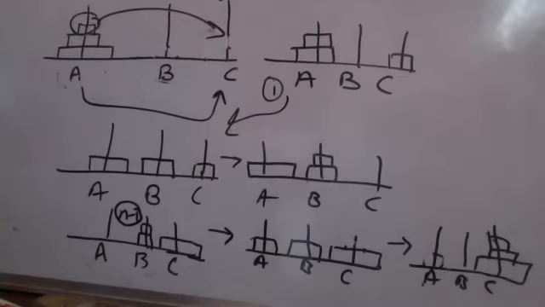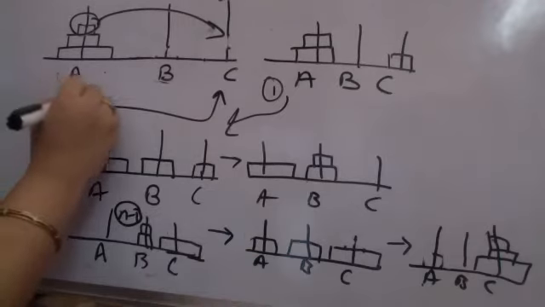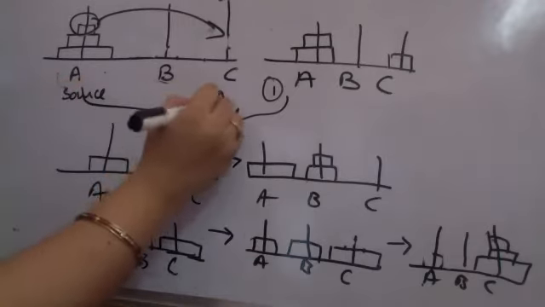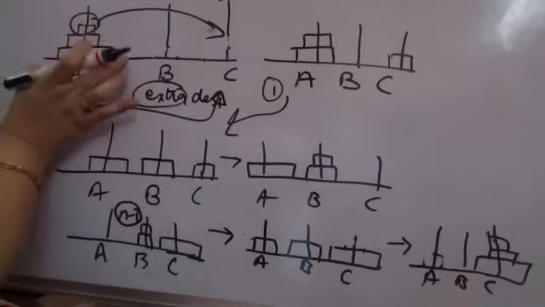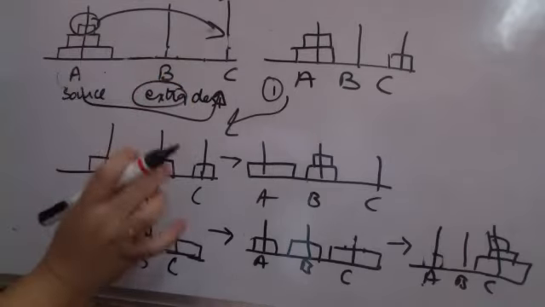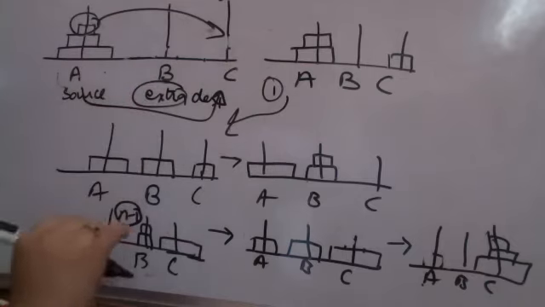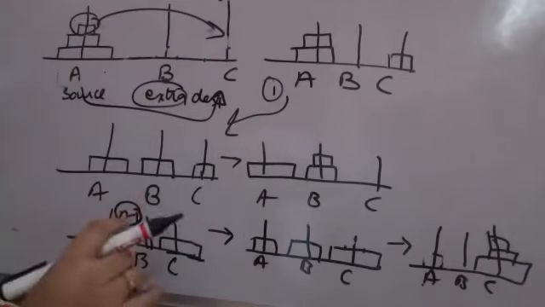This problem, ये तो सिर्फ 3 का example था. It can have 10 disks, 20 disks. How do you do that? You just keep repeating the same problem. ये source है, ये destination है, और ये extra है. हम क्या कर रहे हैं? सबसे बड़े वाले डिस्क को सोर्स से डेस्टिनेशन पे शिफ्ट कर रहे हैं कुछ प्रोसीजर फॉलो करके, और एक्स्ट्रा वाले पे n-1 डिस्क आ जाएंगे.